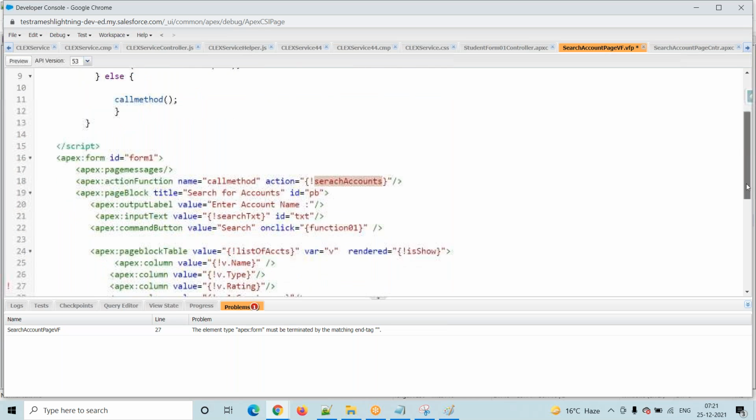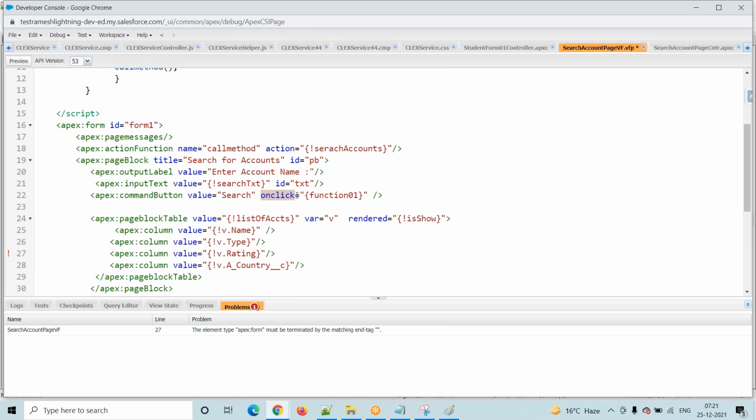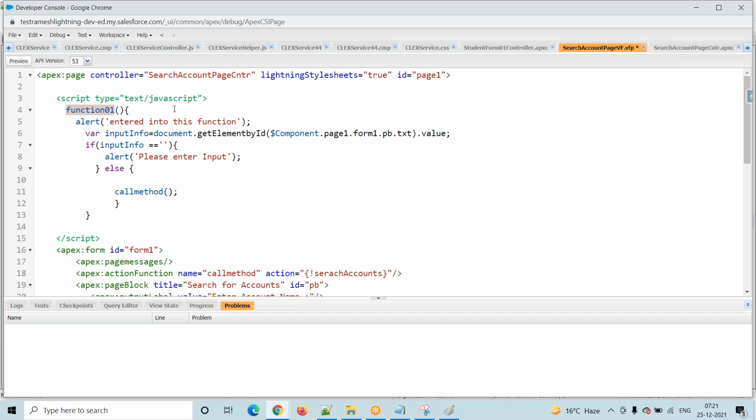Now we understand, right? Suppose the user clicks on this particular button, then what we are telling to this button, you have to go to this JavaScript. The system will verify yes, JavaScript is there, whether it is entered or not. I will search it. I will verify. This is for our understanding purpose. Whenever we give this code to the user, at that time we have to remove this one.